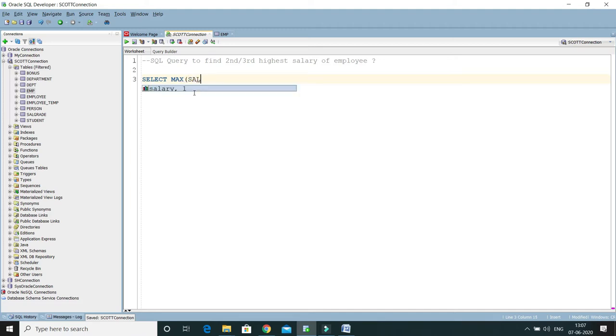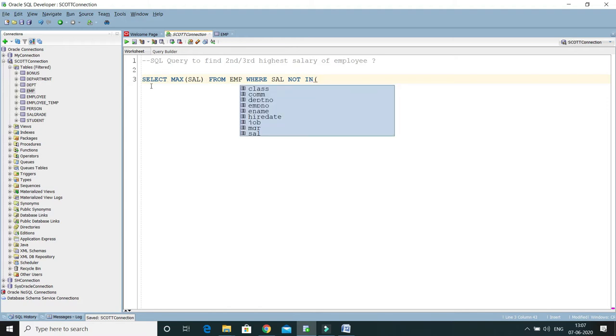So max, there I'm going to supply the column name as sal, right, from employee EMP, right, and here I'm going to use where salary not in. First of all I'm going to apply salary not in, and here again I'm going to write select max salary from EMP.